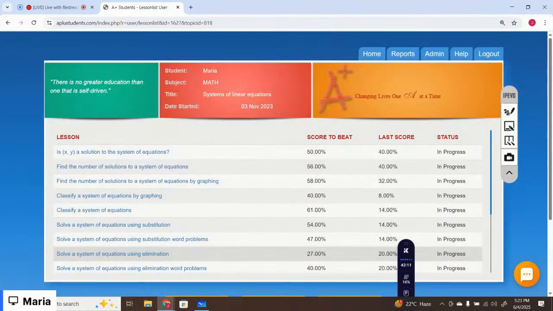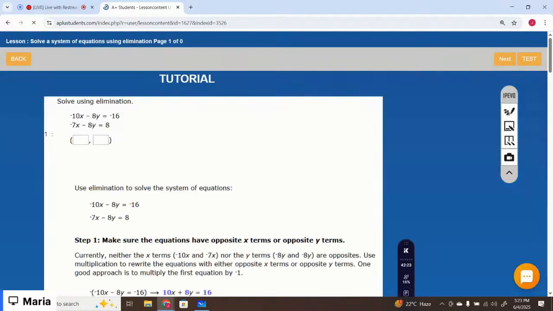So now we're going to learn the elimination method. So using elimination,